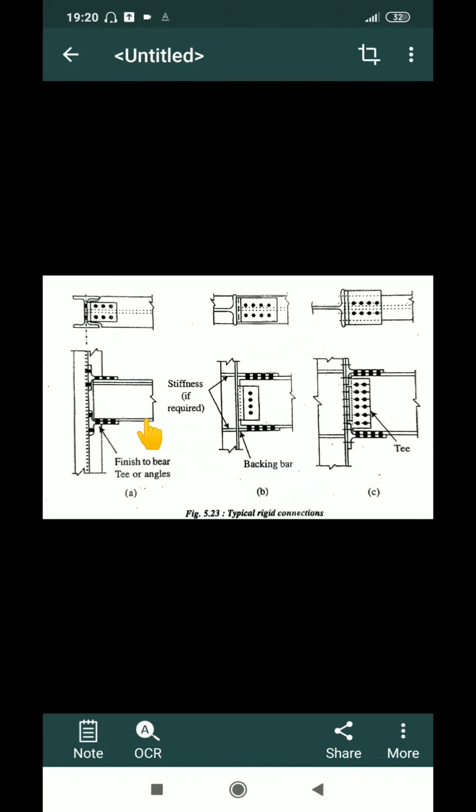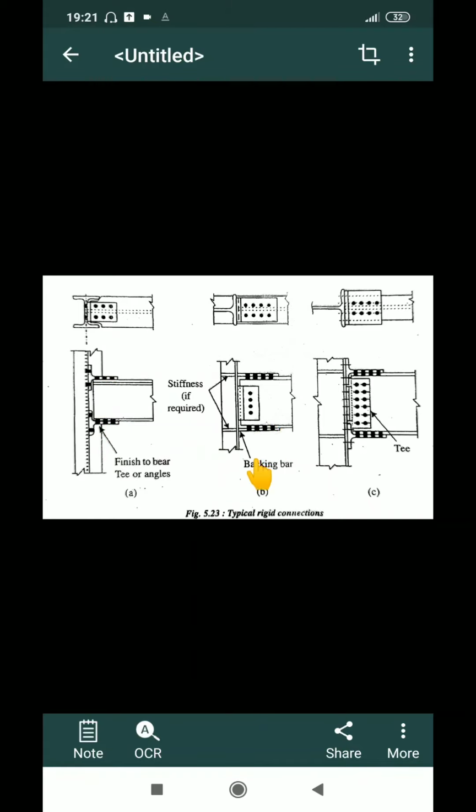and this connection, when you look at it from the top view, looks something like this. This is the column which you can see as an I section. This is a beam, and the one which you are seeing here is the top flange of the beam, and this T or angle plate is visible here with full dimension, and this is connected by bolting. So because of this, there won't be any movement in up and down direction.